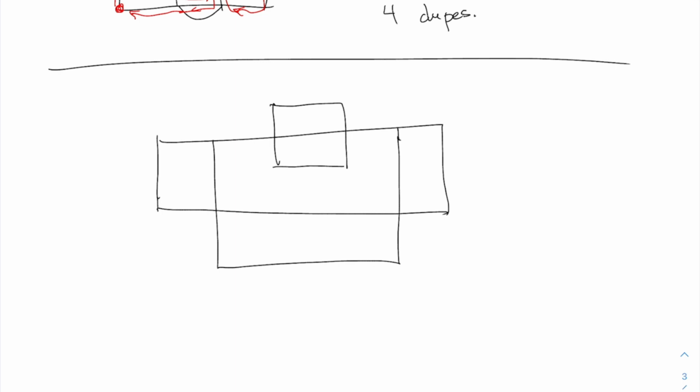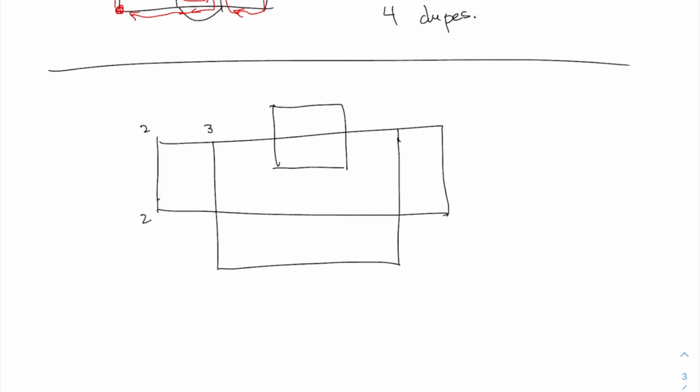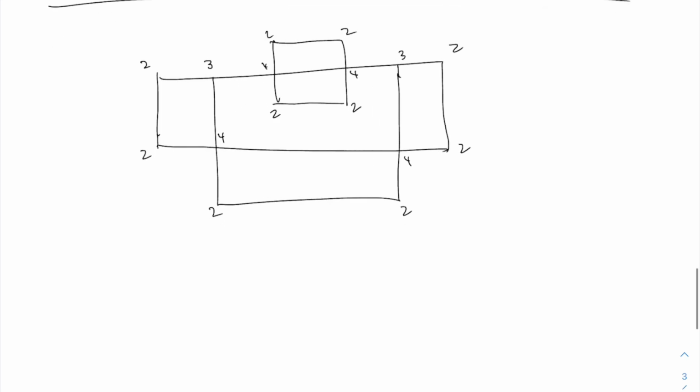Let's see. Anyway, you begin by looking at all the degrees, as we always do. So I put 2's here. This is a 3, a 4, a 2, a 2, a 4, a 2, a 2, a 3 here. 4, a 2, a 2, a 4, a 2, a 2. All right? It looks like we have 2 odds and the rest are evens. And we have to decide which edges to double in order to make the odds all even. And what's interesting about this particular example here is we have 2 odds,